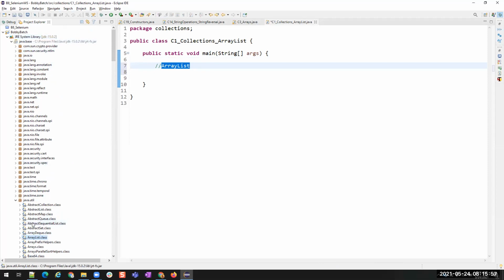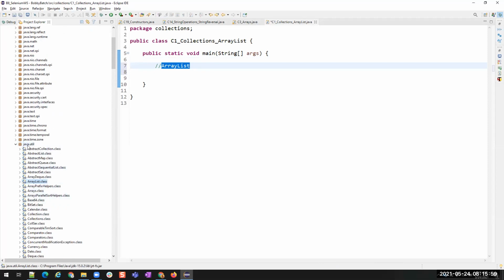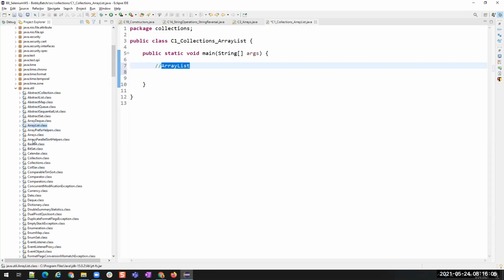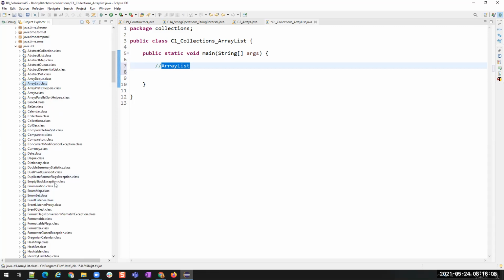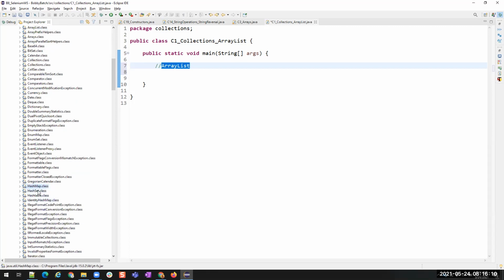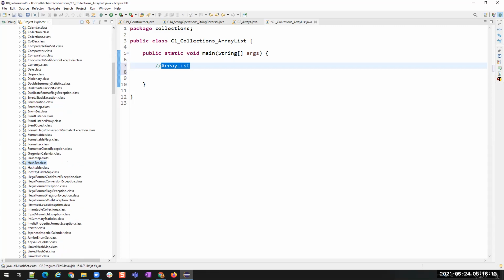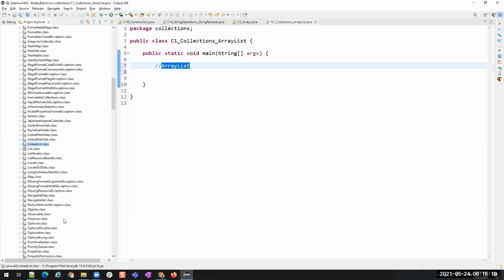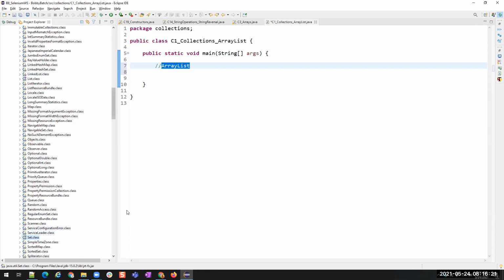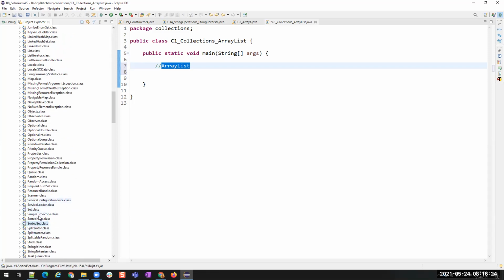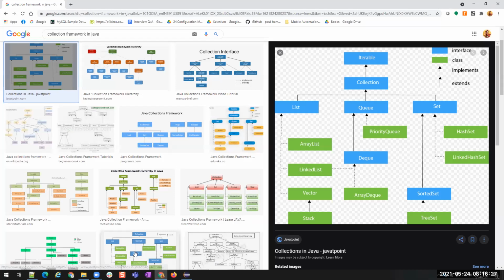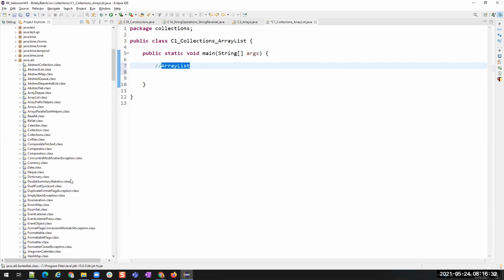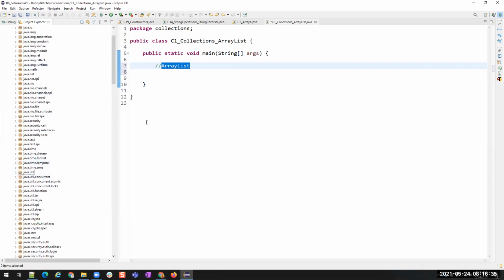Whatever Java version you installed, inside that you'll have this package java.util, and inside that util package you will have all the collections framework: ArrayList, LinkedList, HashMap, HashSet, LinkedHashMap, LinkedHashSet, and also Set, SortedSet. Whatever diagram I have shown you, all those classes and interfaces are present inside this util package.